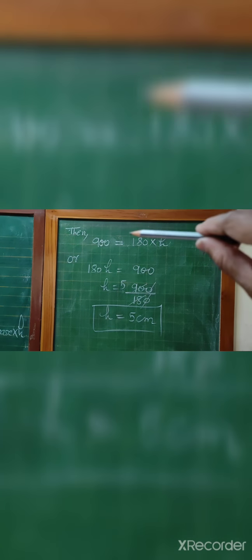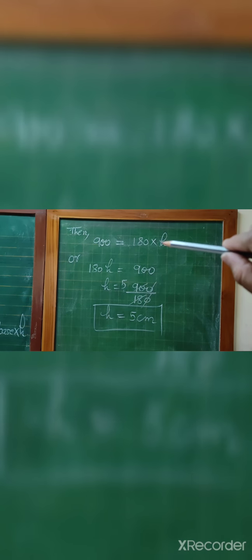So 180 h equal to 900, so h equal to 900 upon 180, so 0 cancels by 0 and 18 5s are 90. So height h equal to 5 centimeters. So you will write, height of the cuboid is 5 centimeter. Now see,